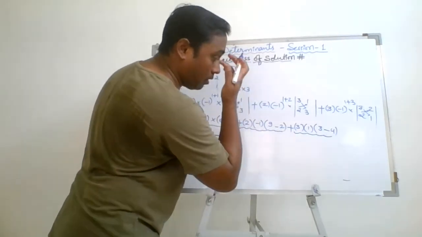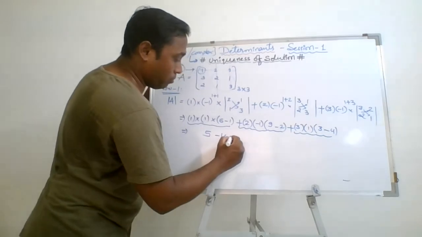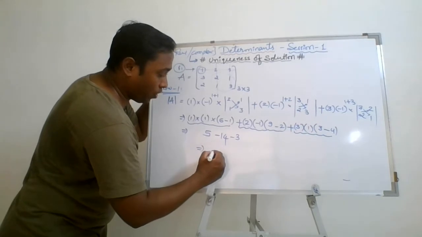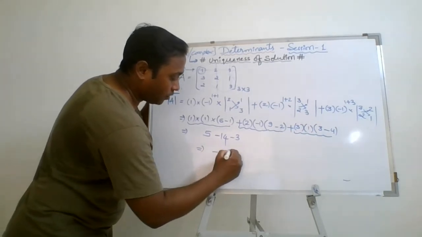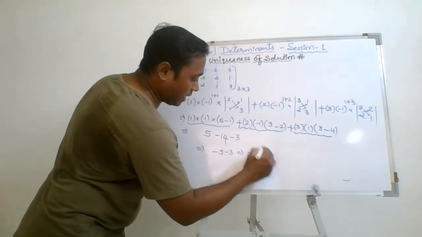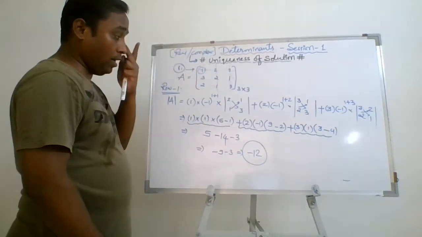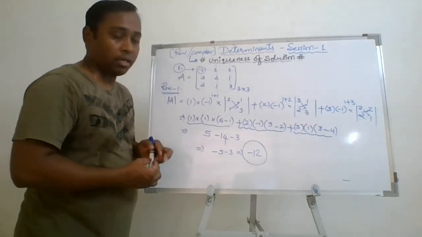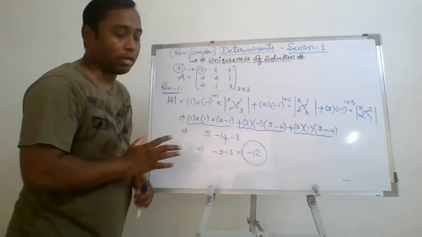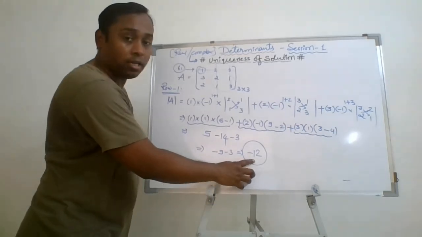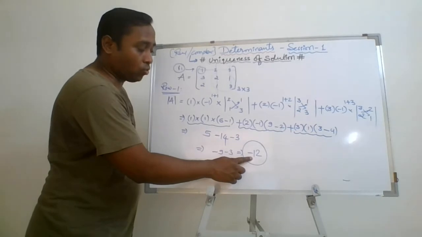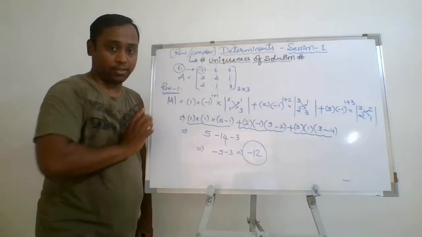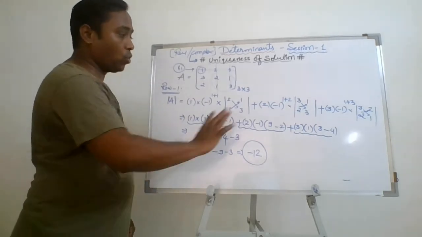And here we are left with 3 ones are 3 into minus 1, that is minus 3. So finally we are left with 5 minus 14, we can also say it is minus 9, minus 3. Finally we are left with minus 12. See, we always arrive at a number at the end when we find the determinant of any square matrix. So here it's a real number. Hence this minus 12 is a number associated to the given square matrix. Getting my point? It is so simple.